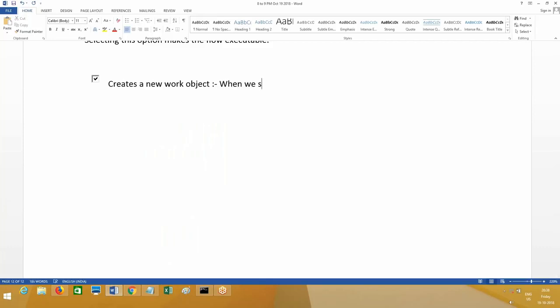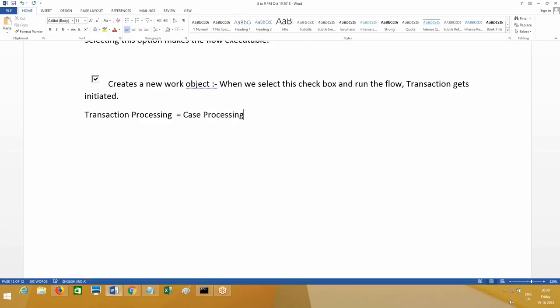When we select this checkbox and run the flow, a transaction gets initiated. Transaction processing is equal to what? Case processing. So when we run a flow, case processing gets initiated. Next, again I will write on the same sentence.